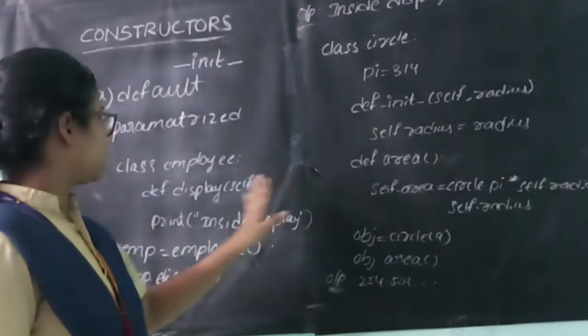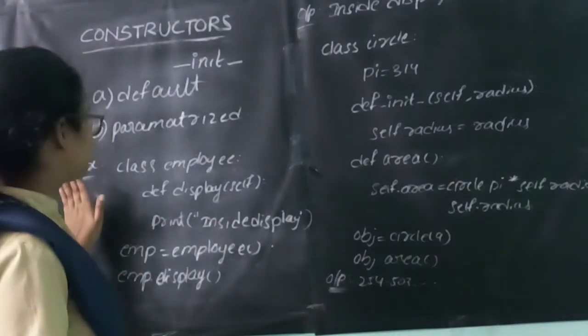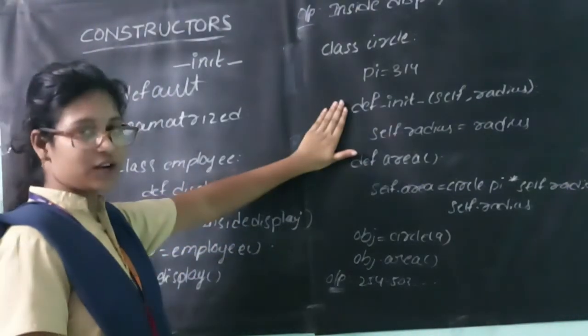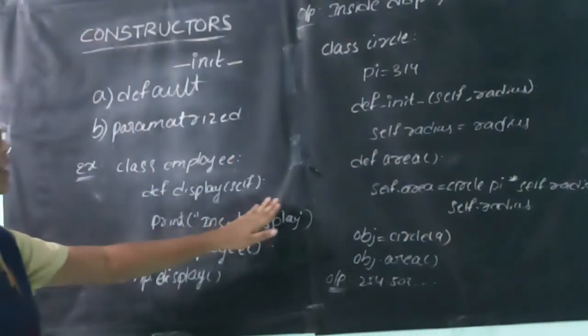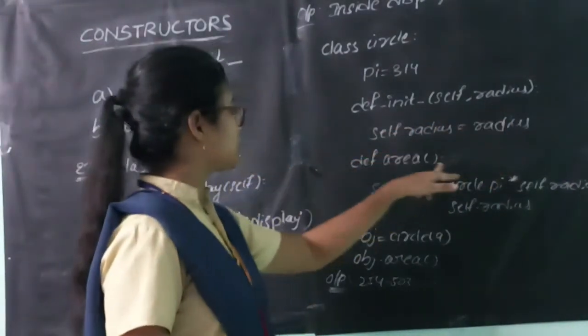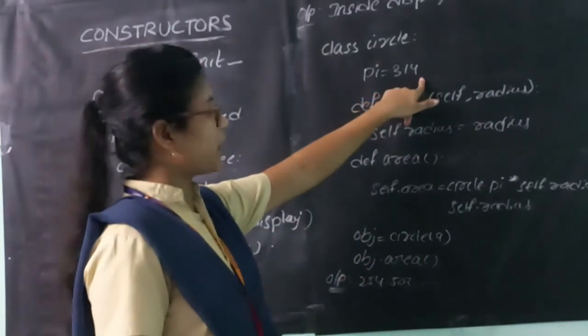So you can see the difference between these two, right? This is the default constructor and this is the parameterized constructor. Here I didn't give any parameters. Here I give parameters, radius and area. I defined the pi value,